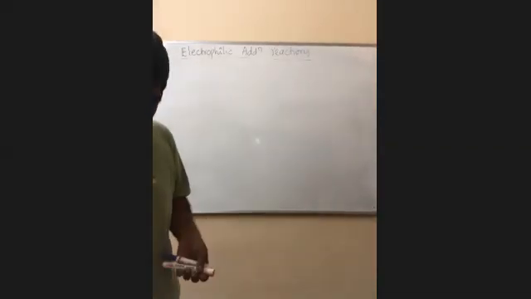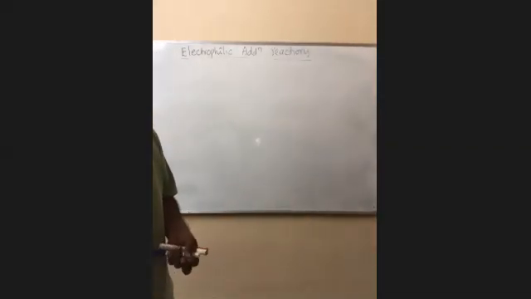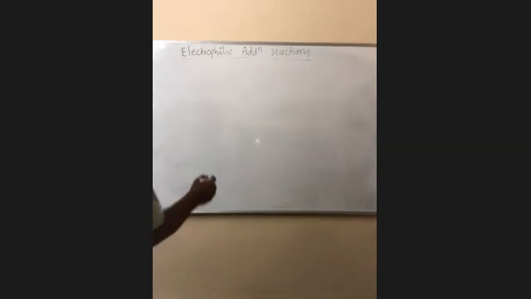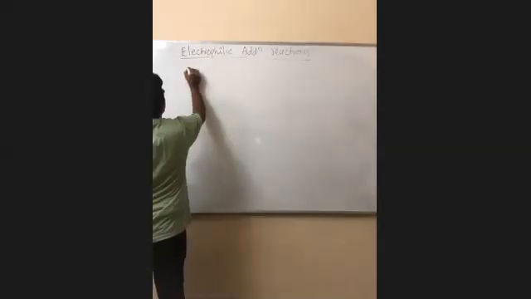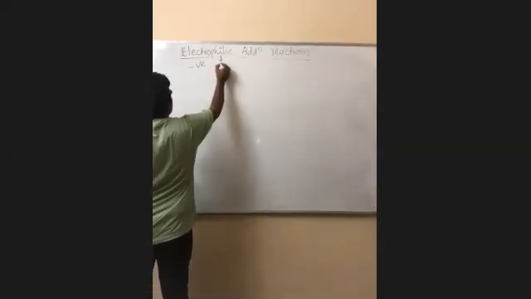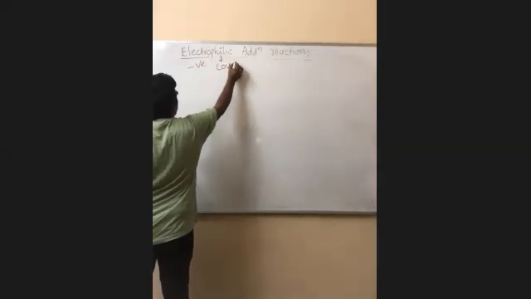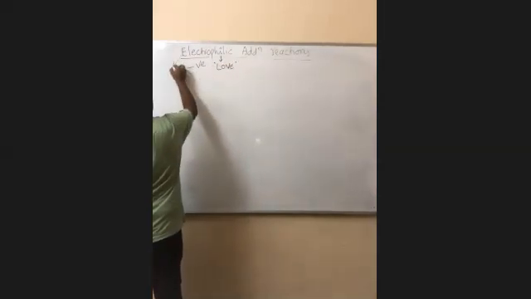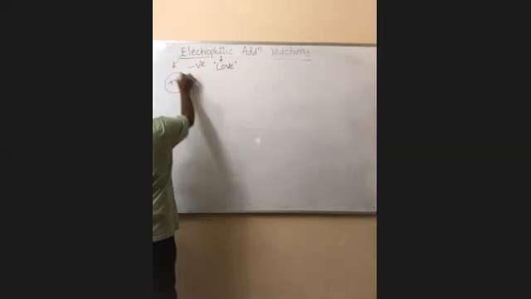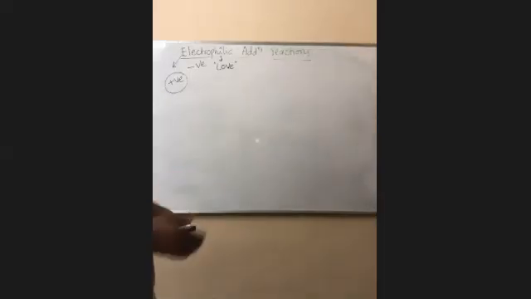Today we are going to discuss electrophilic addition reactions. What are electrophiles? Electro means what? Electron, negative charge. Phile means what? They love the negative charge. They love negative charge, which means obviously they contain net positive charge. They are positively charged species. So right now you remember, electrophiles are positively charged species. Point number one: they contain positive charge.